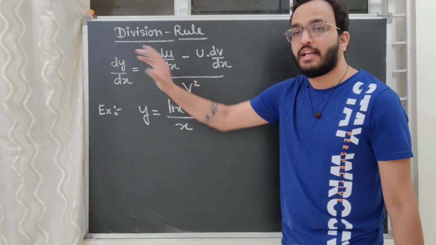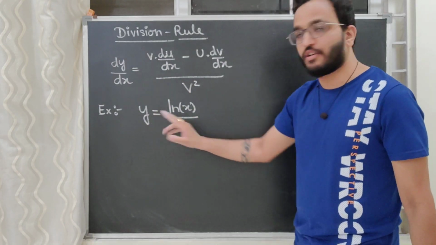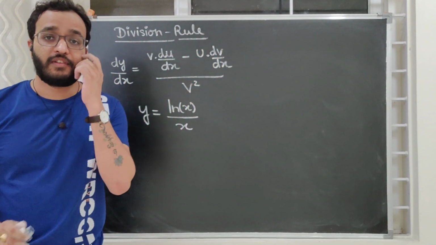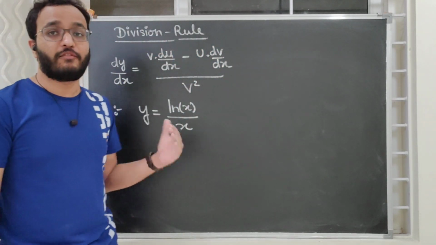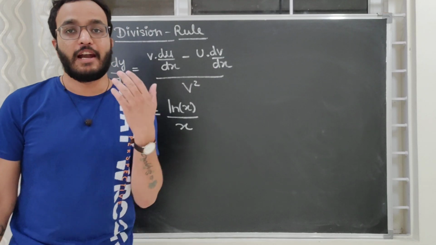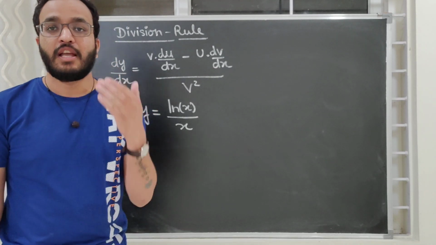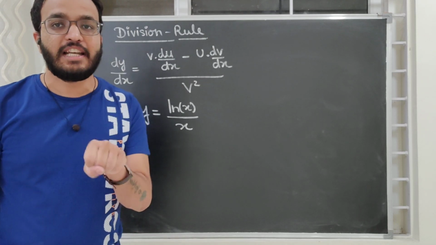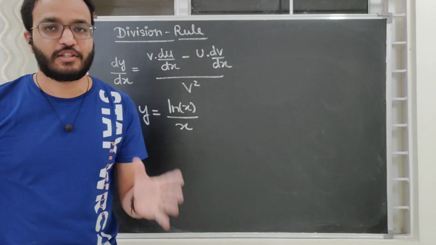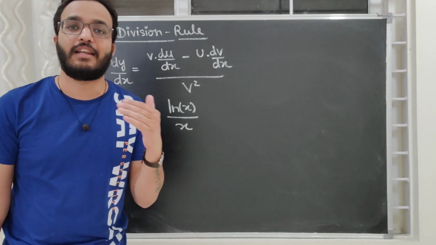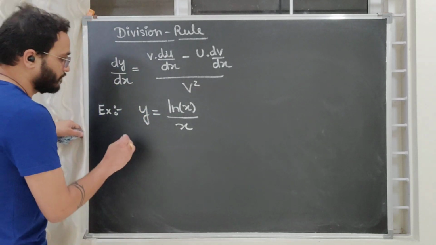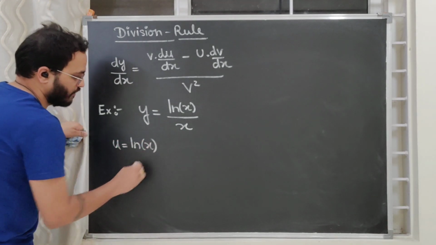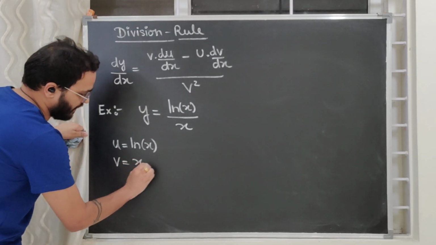What is dy by dx? It is simply the differentiation of this function. Simple. Please don't worry. As I told you previously, we just need to understand how to perform the operation of differentiation, and when we are through with it, hopefully in the third or fourth lecture I am going to tell you what exactly differentiation means, and by the fifth lecture I will tell you how we can apply this in basic physics. Now, what is u? U is ln x. V is x.